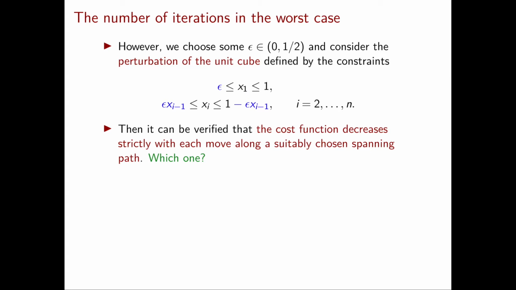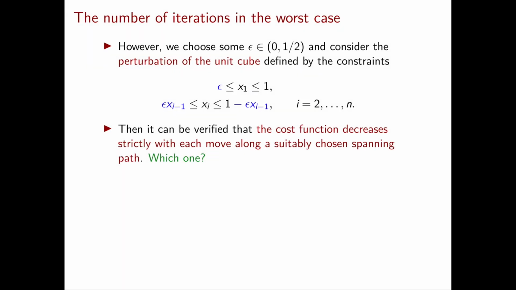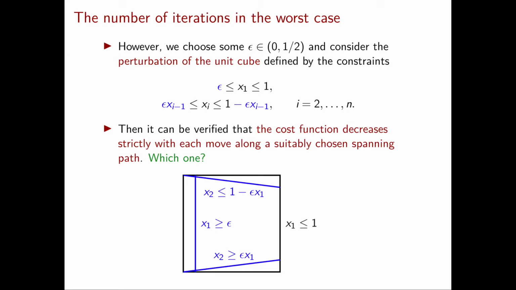To gain an intuition on this system of linear inequalities, we should actually set epsilon equal to 0 for a moment. If you do so, you immediately see that we obtain exactly our old unit cube. In fact, epsilon becomes 0, this becomes 0, and this becomes 0, so then we obtain xi between 0 and 1 for every i. So it's clear that by making epsilon positive but very small, we will obtain a perturbation of the unit cube.